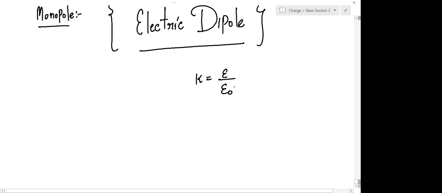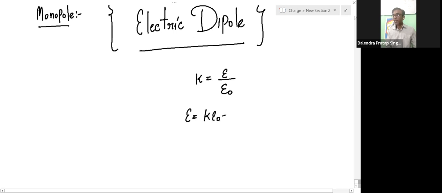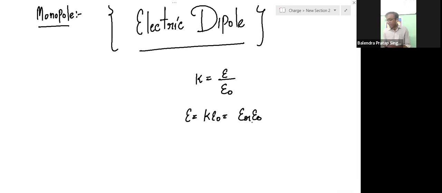Take a look at your notes, where I defined this absolute permittivity as K epsilon naught, which is equal to epsilon R epsilon naught. Okay. So this is your dielectric constant. Okay. Next question is